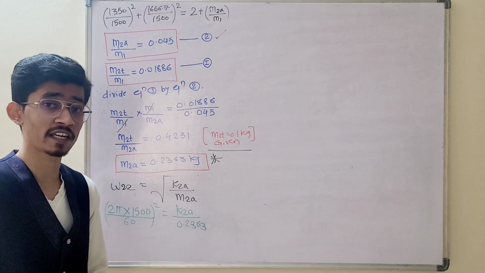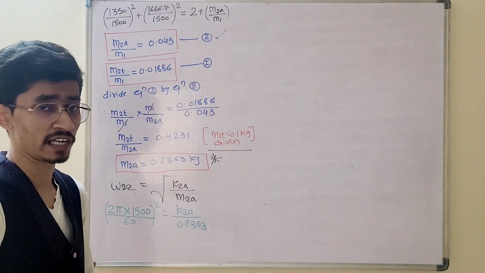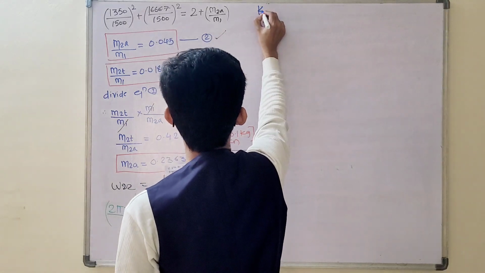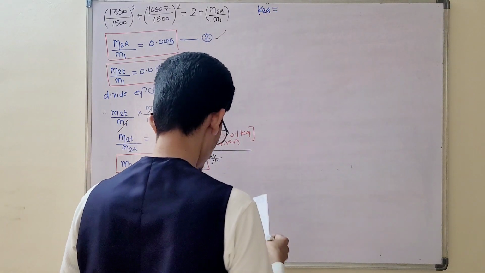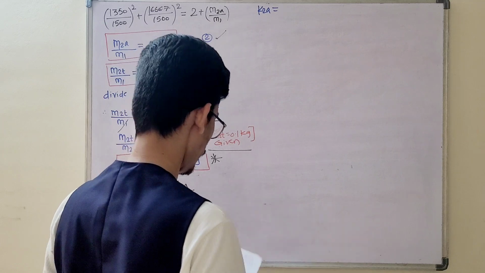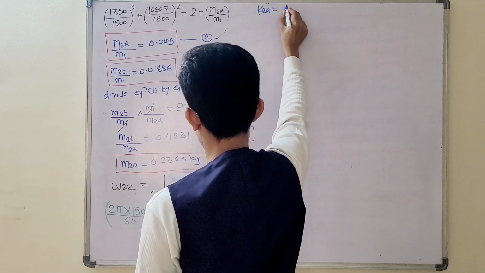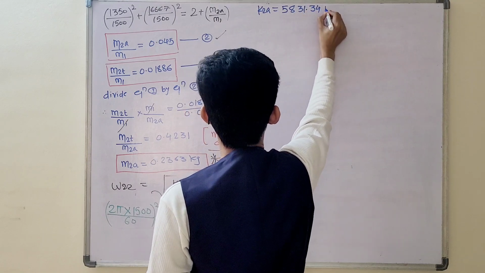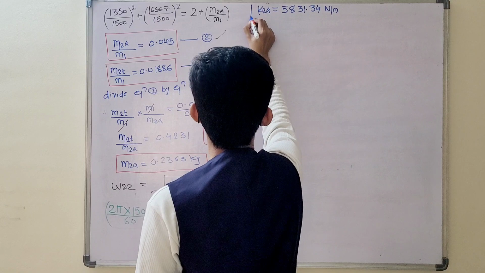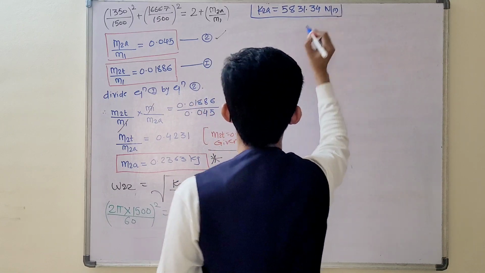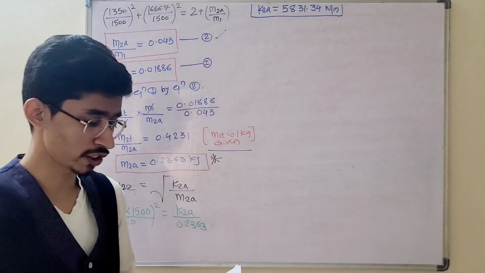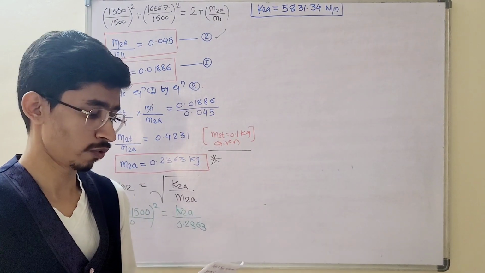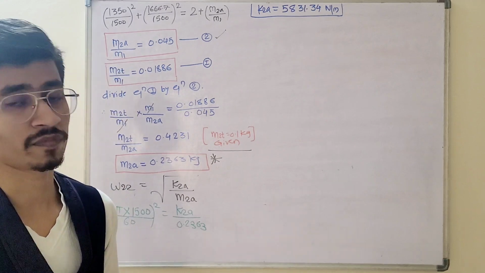From here you will get k2a, the stiffness of the trial neutralizer spring. How much k2a value is obtained? k2a is obtained as 5831.34 Newton per meter, and this is the final answer, the trial neutralizer stiffness of the spring. But we have to check whether our constraints are being fulfilled or not. So what is our constraint? For that we are utilizing